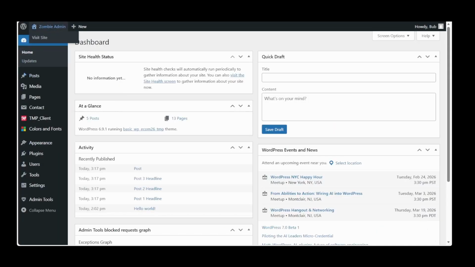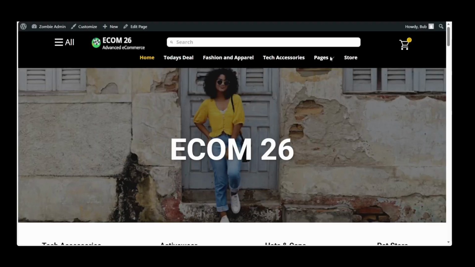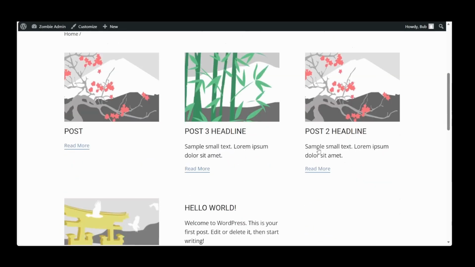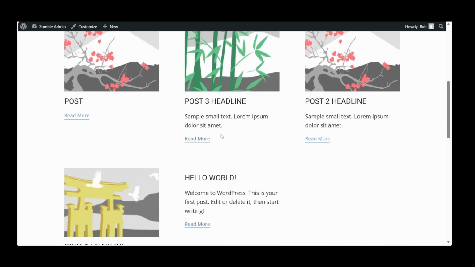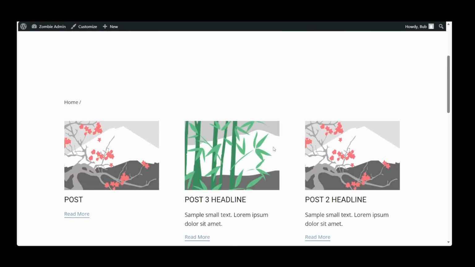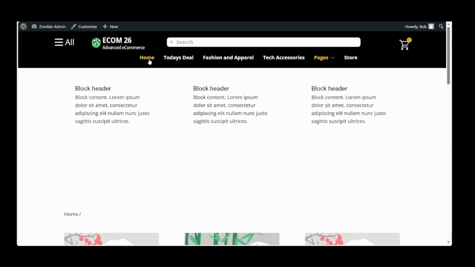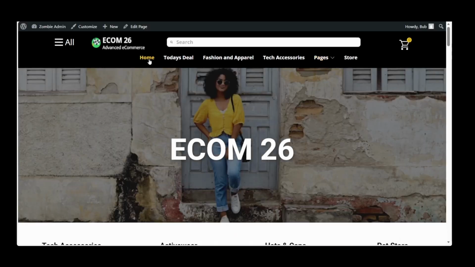Let's navigate to the front end. Let's go to the blog page and check to see if the read more is fixed. And yes, we only have 1 read more link. And like I said, we'll be coming back to this to restyle and everything. Let's head to the home page and let's check out more work we need to get done.